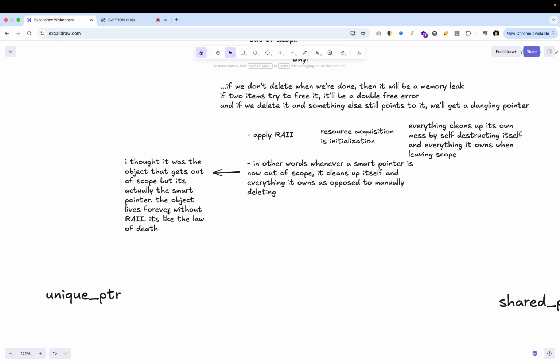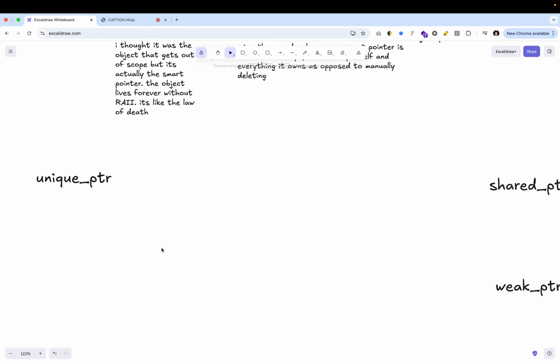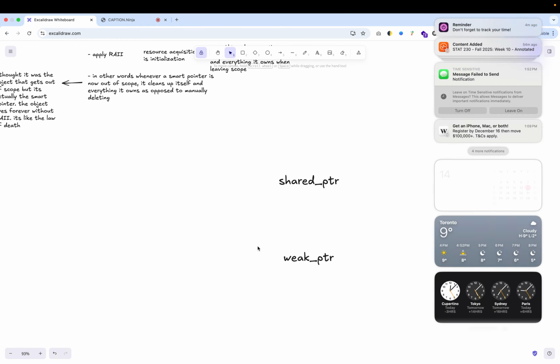I like to use the analogy that this smart pointer rule, that it cleans itself up after it's done, is kind of like the natural law of death in real life. Otherwise, everyone lives forever if death isn't real. But yeah, besides that,